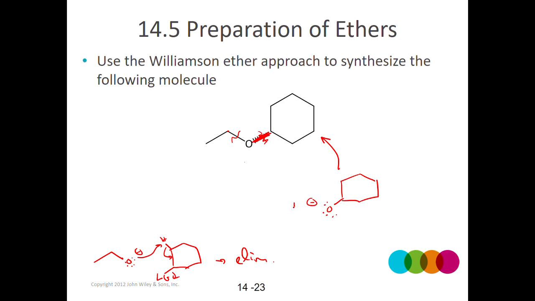And I would have it collide with some kind of 2-carbon chain with a leaving group, like a bromine or an iodine. That would attack, push that out, and that would give me the product. So then I would just have to determine how to make that, and we just said if you want to